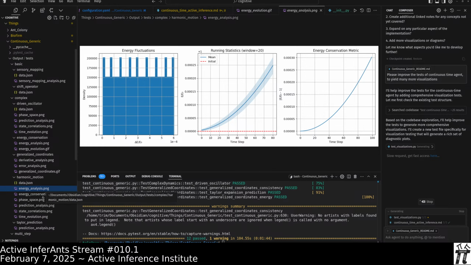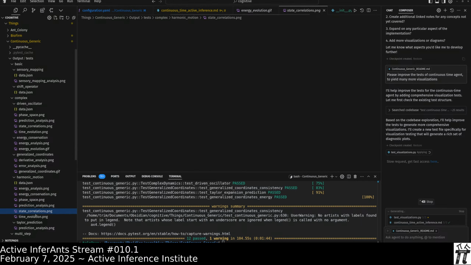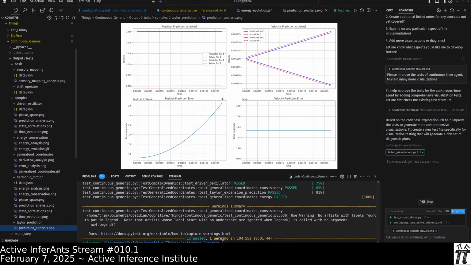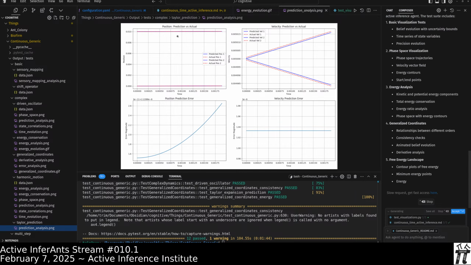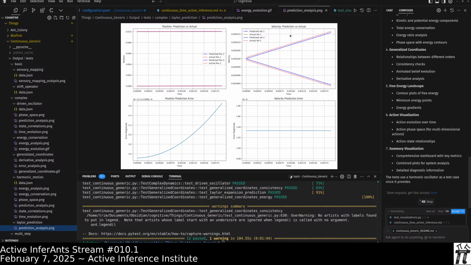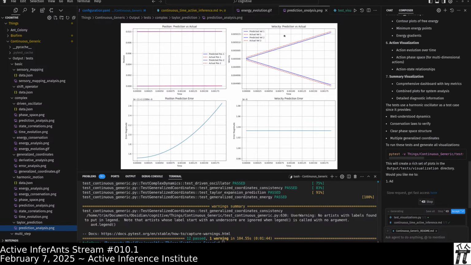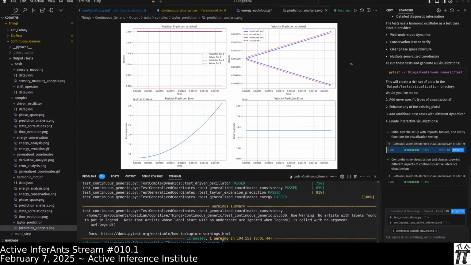Harmonic motion. Okay. Maneuvers in state and phase spaces. And Taylor series expansions. So this looks like it's doing a 2-order expansion with a position, which is like the first moment of a Taylor series, and then the first derivative, the velocity. And again, maybe these numbers are hard-coded, maybe the implementation is not perfect, maybe it's not general, c'est la vie, so on, but the infrastructure is in place for building these things.